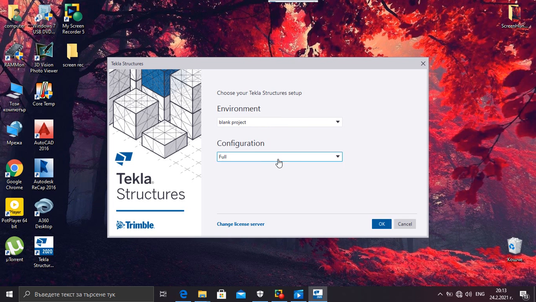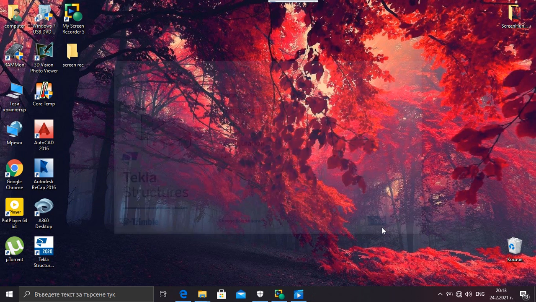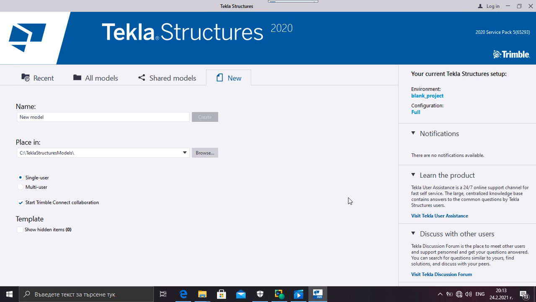So here we see the starting window of Tekla Structures. We select a blank project, configuration full, and hit OK. My laptop is a little bit slow, so we will wait some time, more than usual. Okay, Tekla Structures. Here we can choose the name of the file,